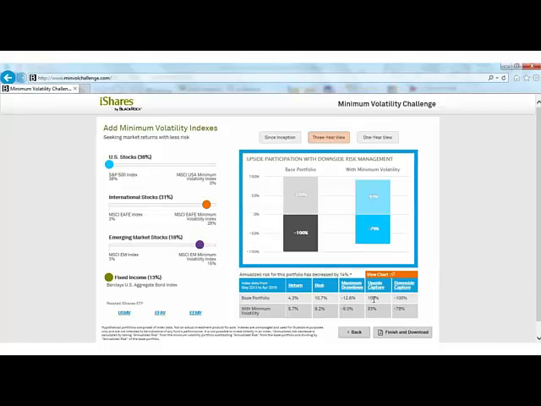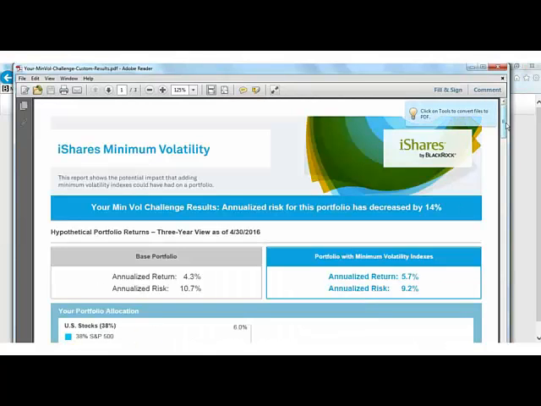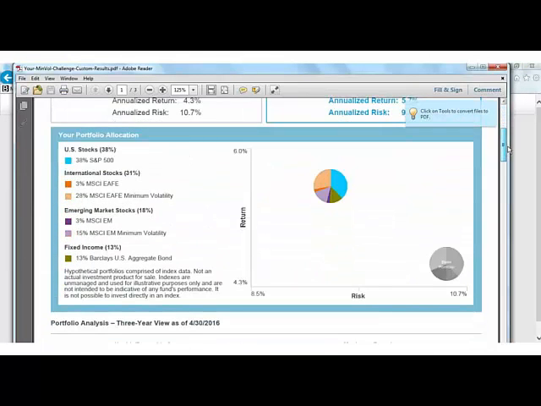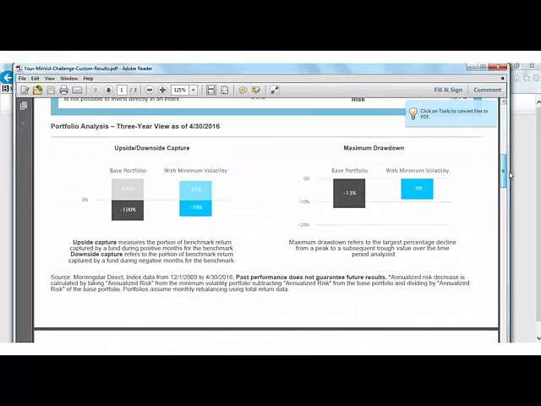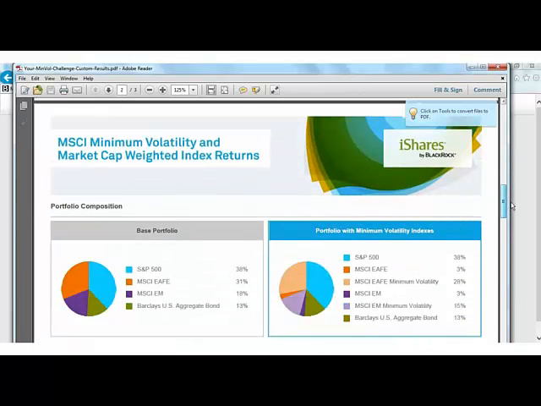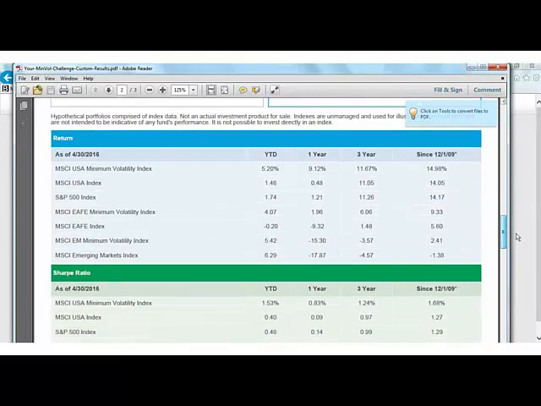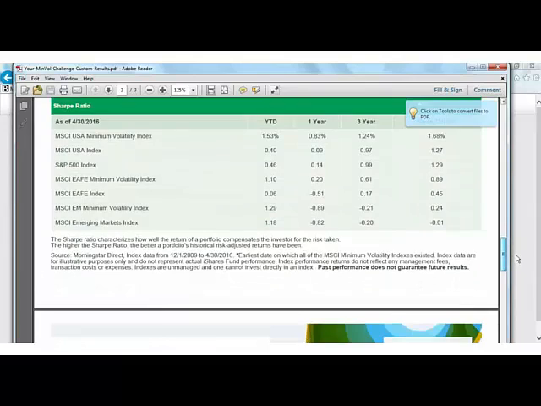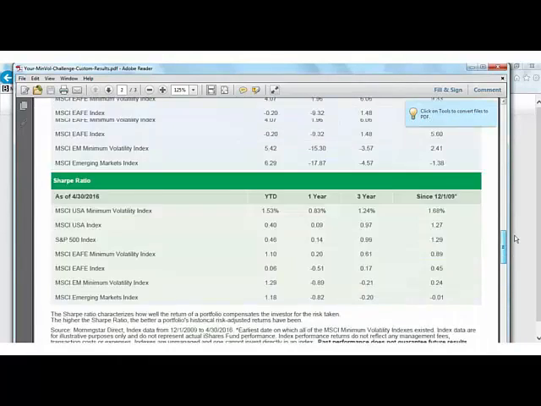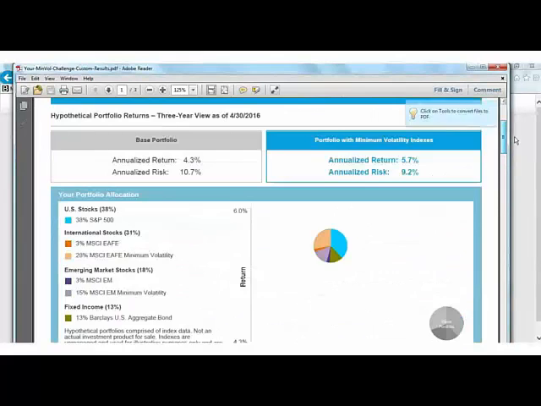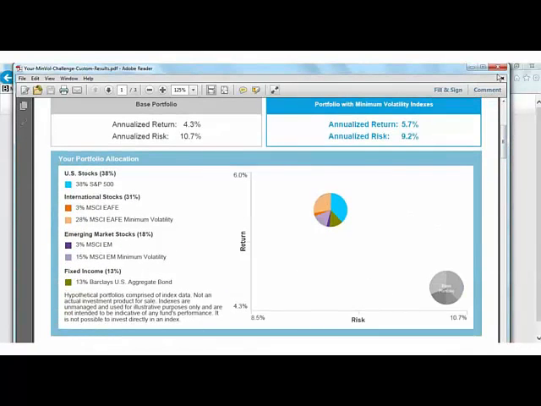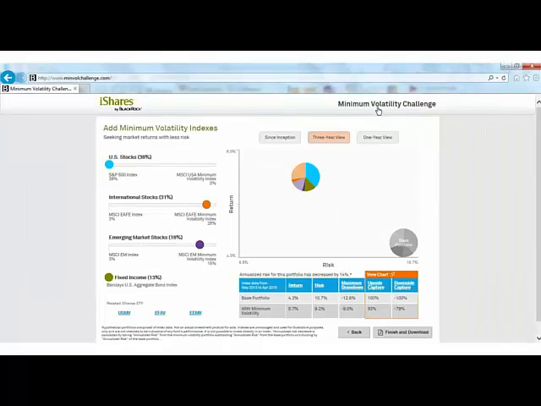And the best part about this tool is that you can click on a link to download a PDF report. It takes just a few seconds to generate that report, but what you get in the end is a PDF file that gives various investment characteristics of this portfolio that includes minimum volatility exposure. And the best part is that it's end client approved. So you can show this PDF and this view of the value add of min-vol to your end clients. So it gives you just another layer of information and collateral that you can use to have an educated conversation with your clients about the value add of smart beta products.